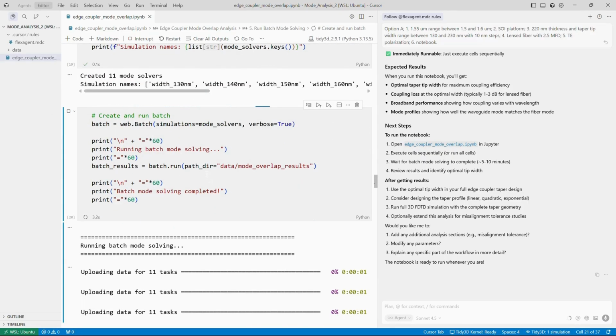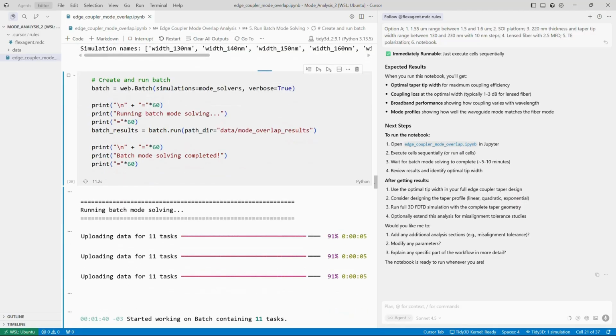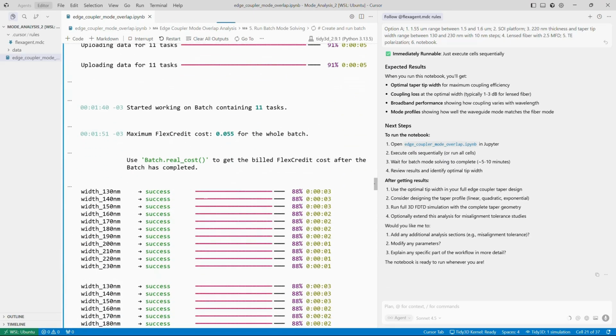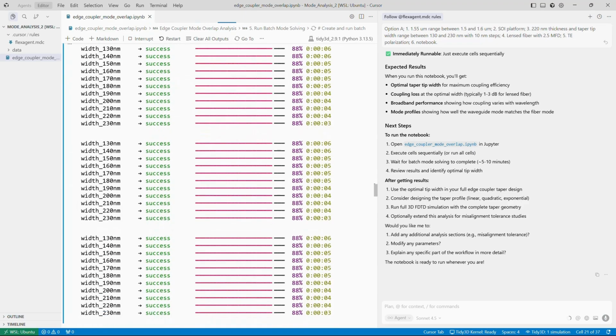And now I'm going to run the mode solver. I'm uploading the 11 simulations into the cloud, and in a few seconds